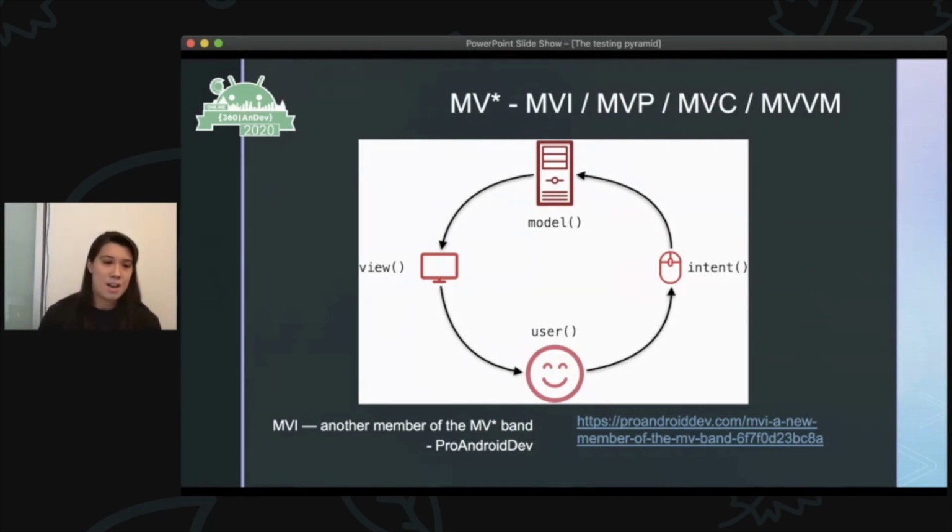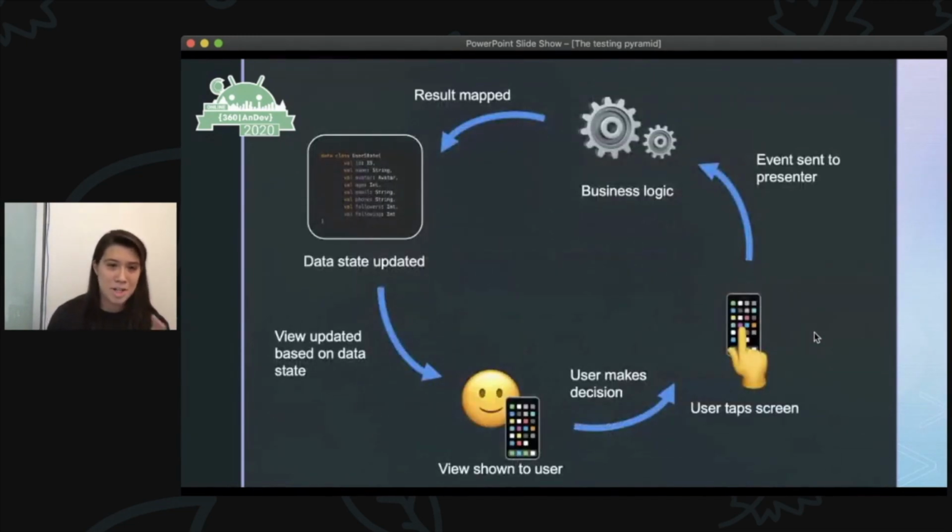So that being some kind of MV-star architecture. I couldn't find any diagrams that I liked. I'm not particularly fond of this one. So I spent a little bit of time in PowerPoint making my own unidirectional data flow diagram using emojis and clip art. So I'm not exactly sure what this is.